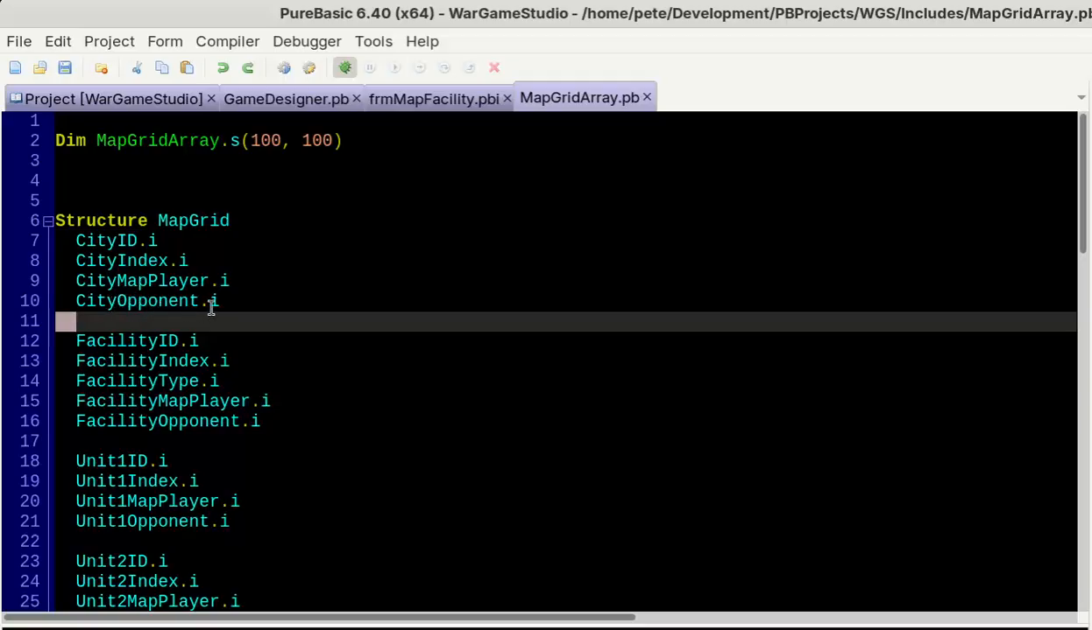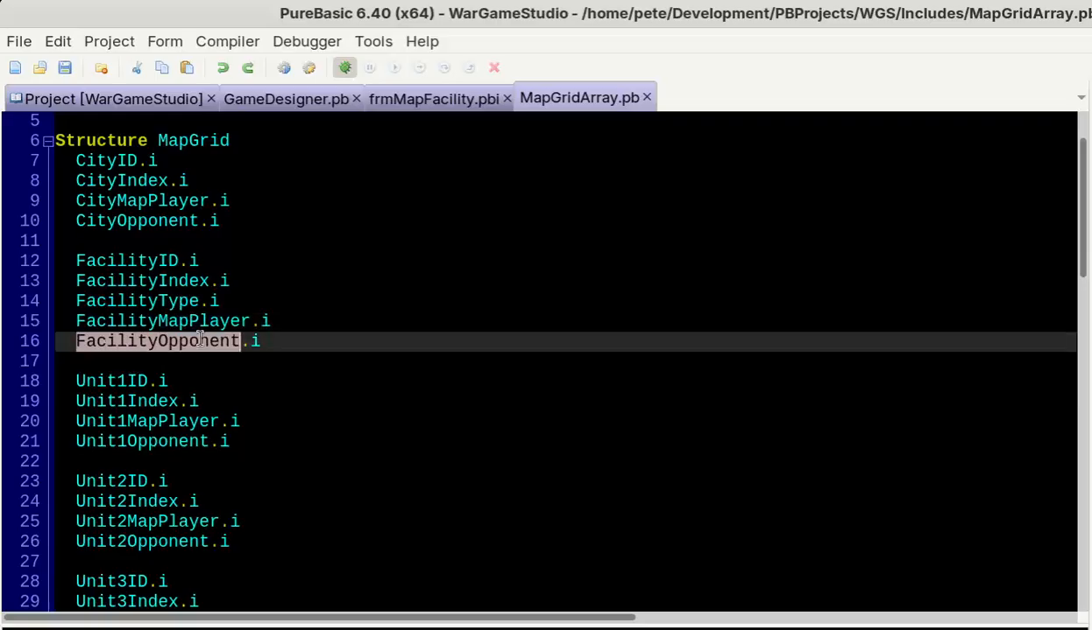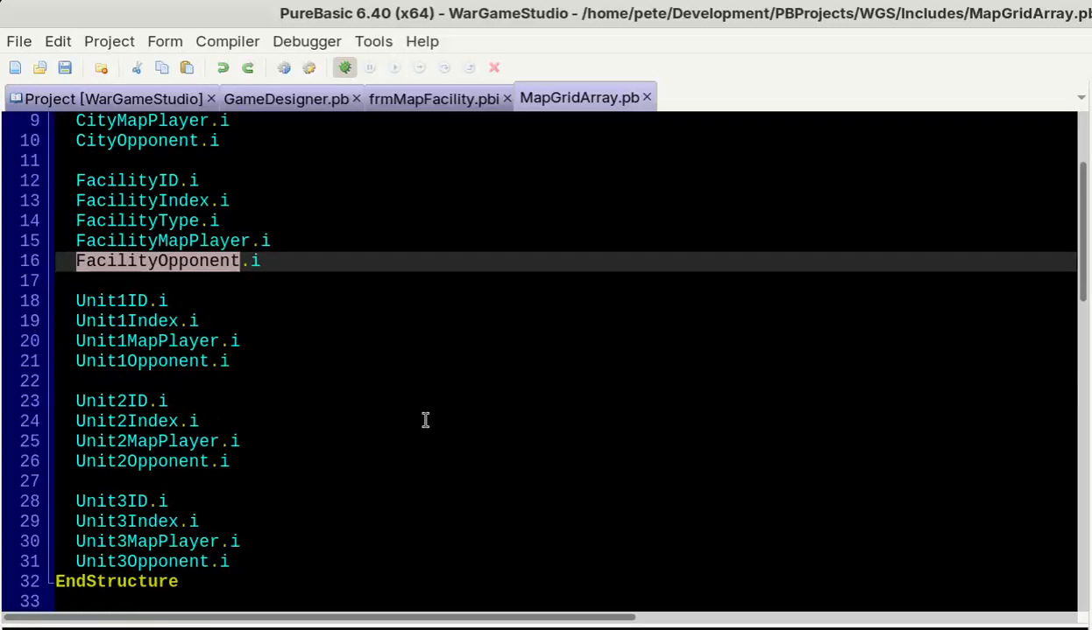So for the moment, look at it that way. So we then have, okay, here's our city information. Then we have the possibility of having a facility, not a city. So we have a facility ID, index type, a map player, and a game player. And then in any one cell, or this is going to be kind of bizarre, I'm going to build a